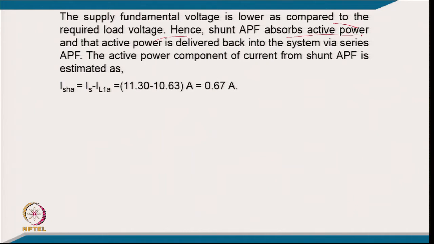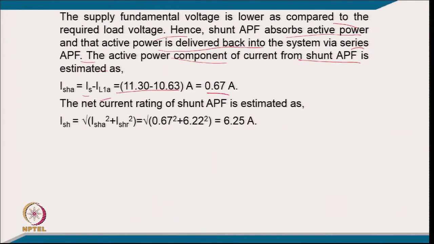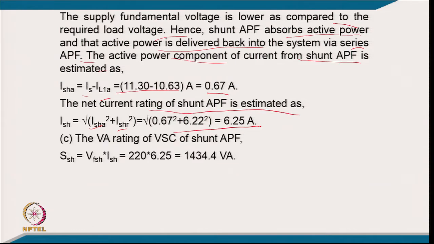Hence, the shunt active filter absorbs the active power, and that active power is delivered back to the system via the series active filter. So, the active power component of current from the shunt active power filter is estimated as IS minus IS1. So, calculating from that it comes 0.67 ampere, and the current rating of the shunt active filter is your active component square plus harmonics and reactive component square, and the root of that. Putting the value, it comes 6.25 ampere, and the VA rating of the shunt active filter is your voltage rating of the shunt active filter multiplied by the current. Putting the value, it comes